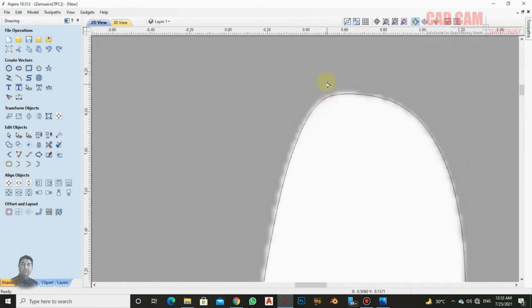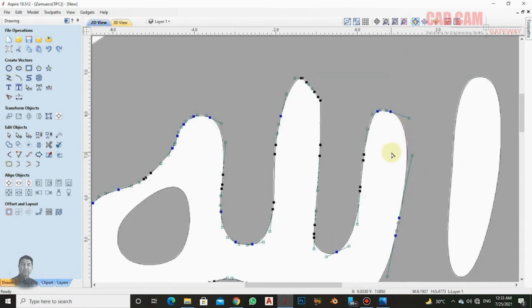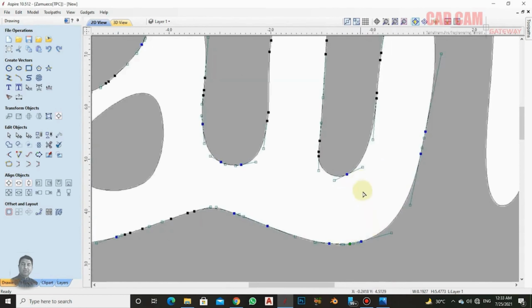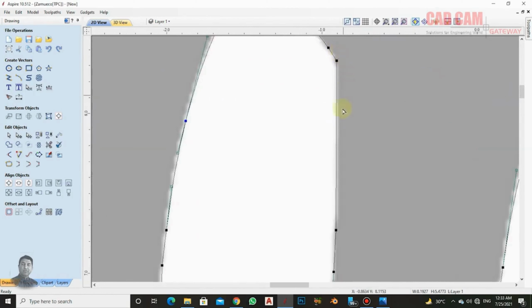You can also delete it. By deleting, you can add smoothness from here. See, just like this, you can move forward. Now, wherever you see something that needs adjustment, you can adjust it. Look, mashallah, the whole thing has been traced very beautifully. And if you look ahead at this area here,